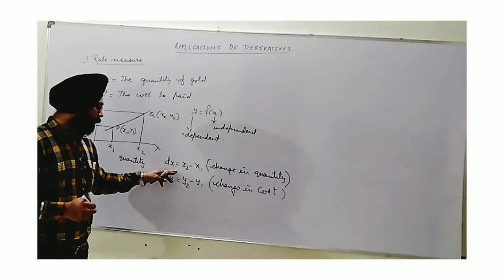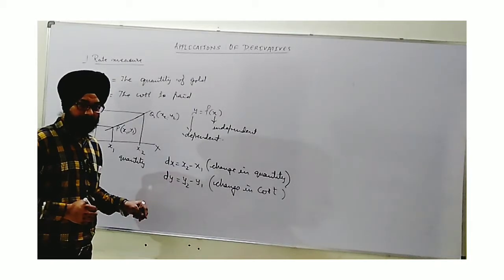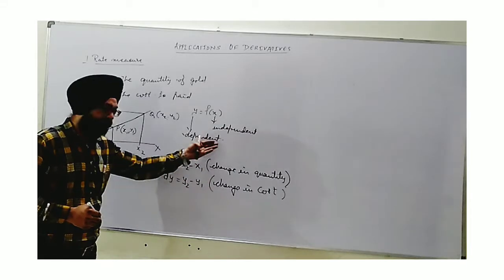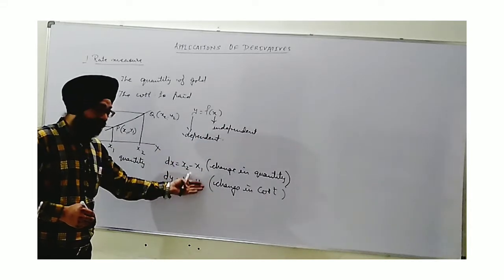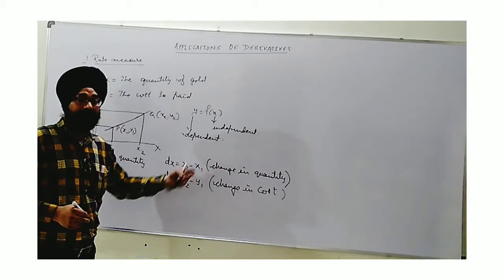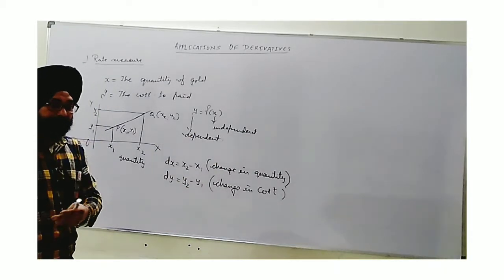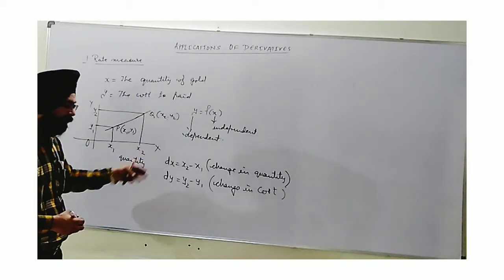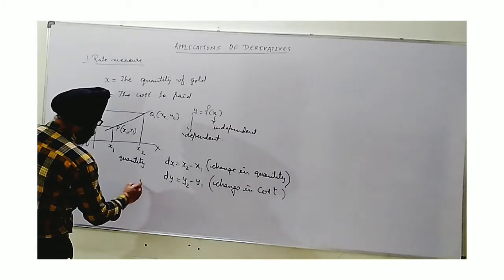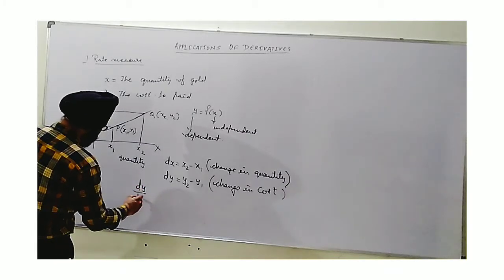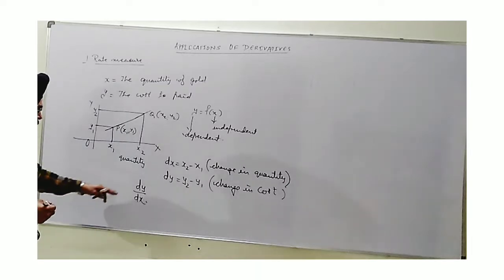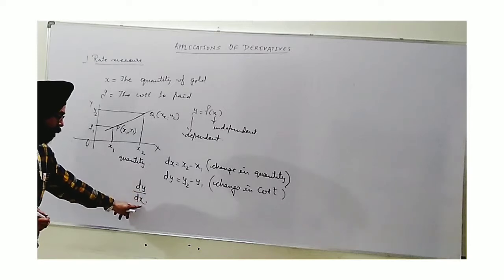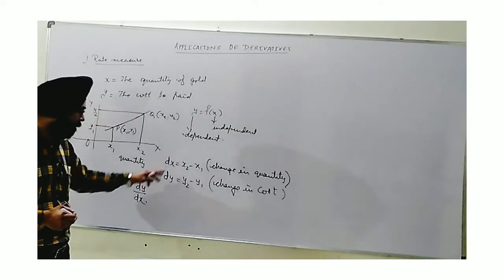Here, this only we have to observe, that what is the change of cost according to the change of quantity. What is the change in cost with respect to change in quantity? When quantity is changed, then what is the effect on the cost? Okay, so this in the form of differentiation will be shown as dy by dx, which will be read as differentiation of y with respect to x, means change in y with respect to x. Here y I have taken cost, x I have taken quantity.